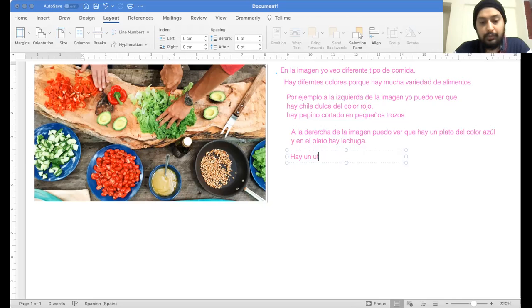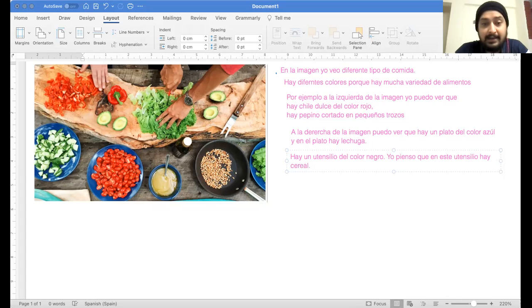Hay un utensilio. The meaning of the above sentence is, to the right of the image I can see a blue plate, and on the blue plate there is lettuce. Hay un utensilio del color negro, and if you are not sure what it is, you can say yo pienso que en este utensilio, this utensil, just in case you are not sure about the name of the utensil. En este utensilio hay